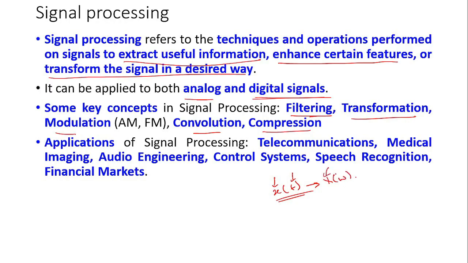So this capital X is another variable. Now this variable is changing over a range of frequencies. So this is called transformation. So you are having one independent variable, and now you are applying some mathematical operations to get into another domain where the independent variable is totally different. In this case we are going from time domain to the frequency domain. So this kind of operations are regarded as transformation.